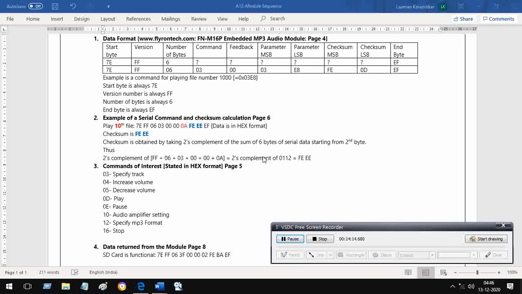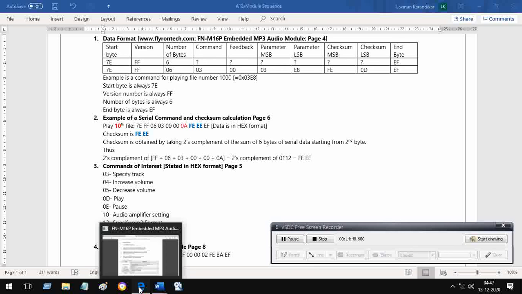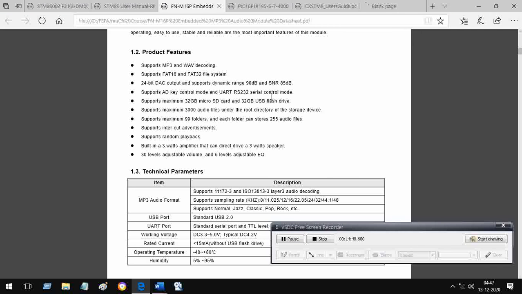So this is how we have to send data in a serial format, and the number of bytes that we send is 10. That is one thing. Second thing is we have to give data at a rate of 9600 baud. Let us have another look at the data sheet. It says